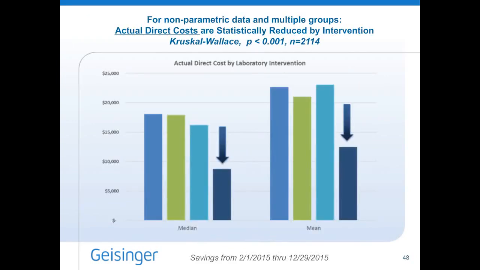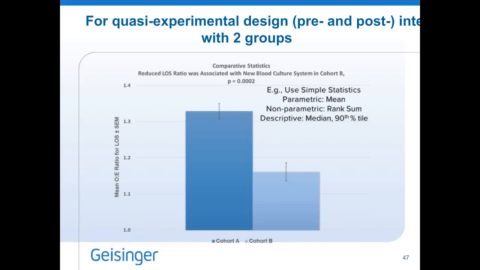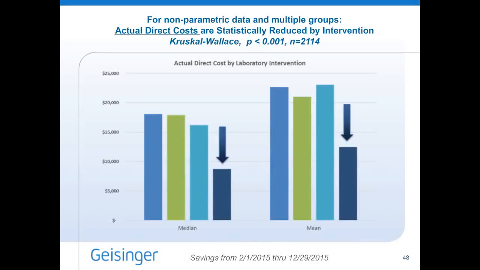This is a graph of several levels of intervention, and it is here to depict the fact that, I'm going to go back one slide, the Wilcoxon rank sum is a statistic that you will use for non-parametric comparison of these two groups. But if you have more than two groups, as in this case, you're going to be using what's called a Kruskal-Wallis statistic. And here you can see that the median drops off nicely, but you see the variability of the